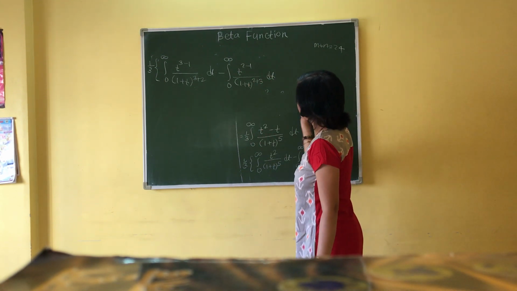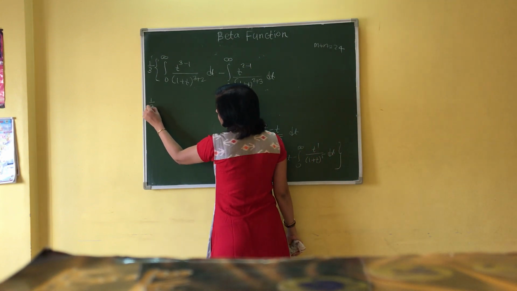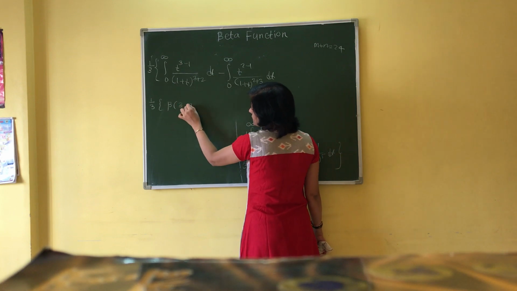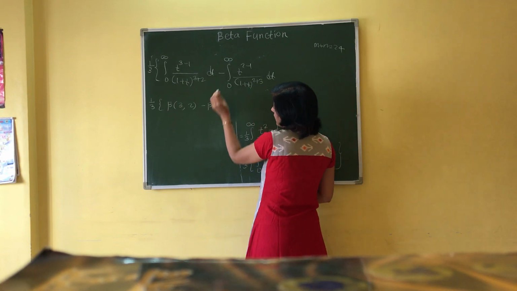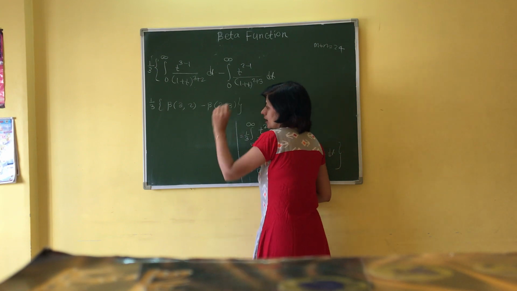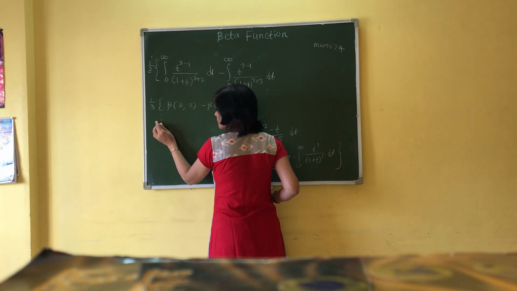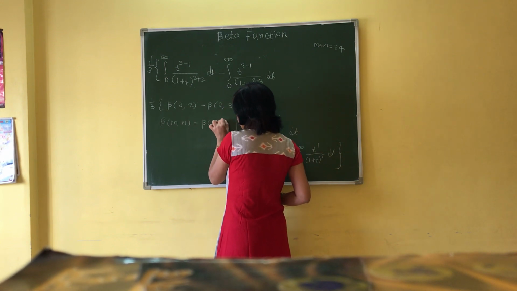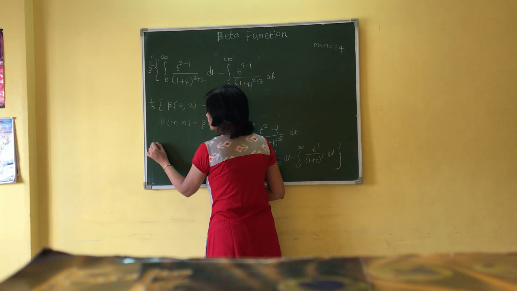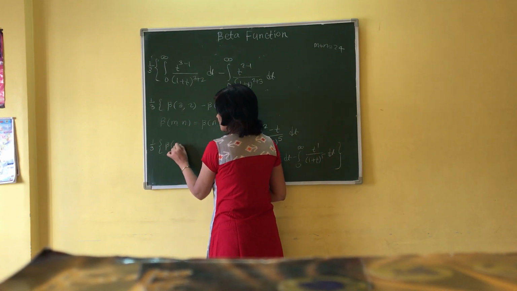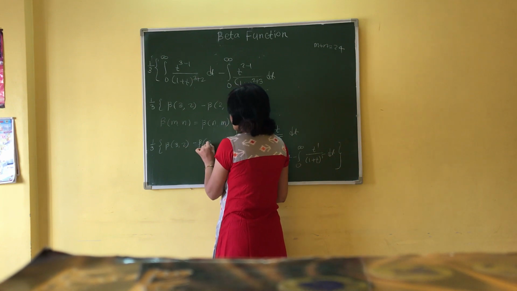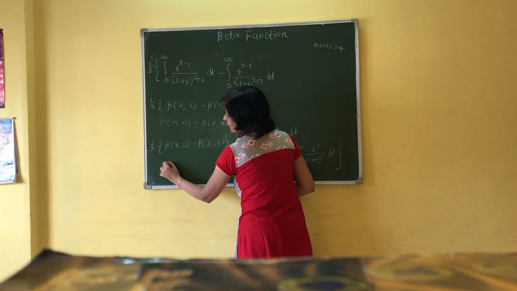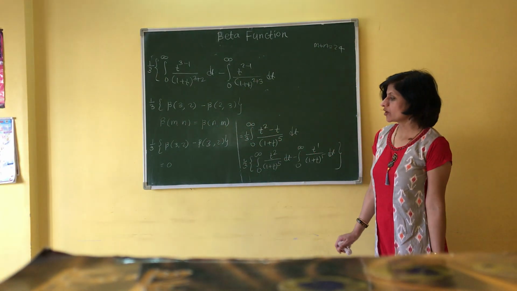We get the property of beta, that is 1 by 3 into beta function of m, n: m is 3 and n is 2, minus beta function of m, n: m is 2. Apply the commutative property of beta function. Beta function of m, n is equal to beta function of n, m. That is 1 by 3 into beta function of 3, 2 minus beta function of n, m: n is 3 and m is 2. We get 0. We get the value of RHS.